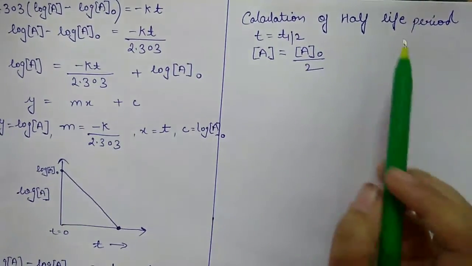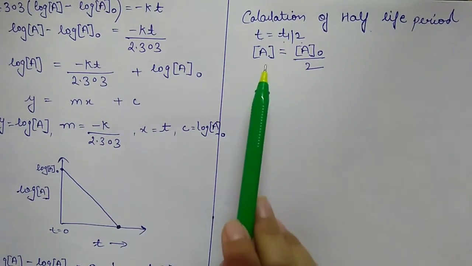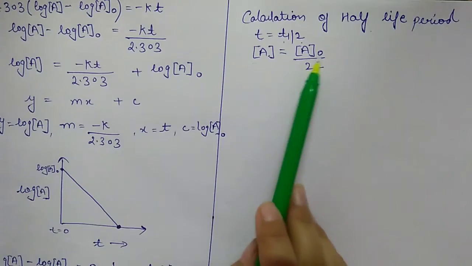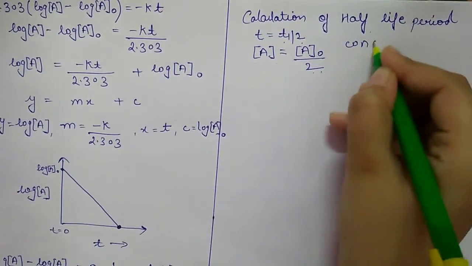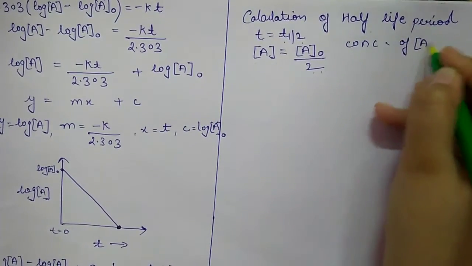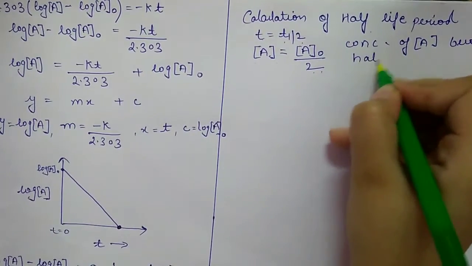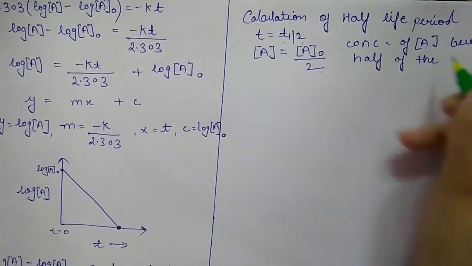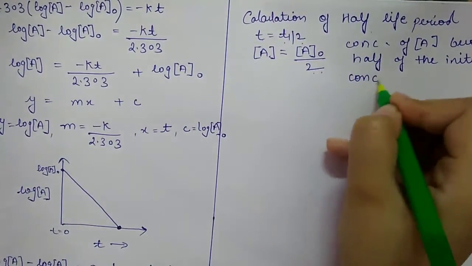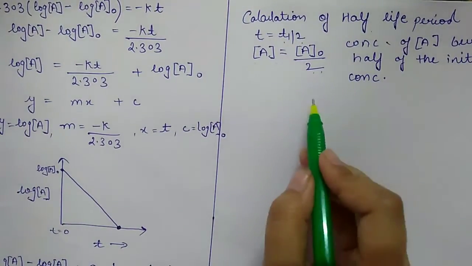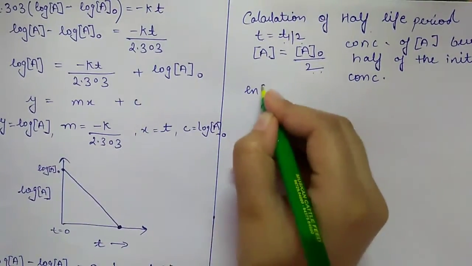So at the half-life period, that is when the time is t half, the concentration becomes half of the initial concentration. Okay, so you can write that the concentration of A becomes half of the initial concentration. Okay. So now putting this value in the expression for natural log A,